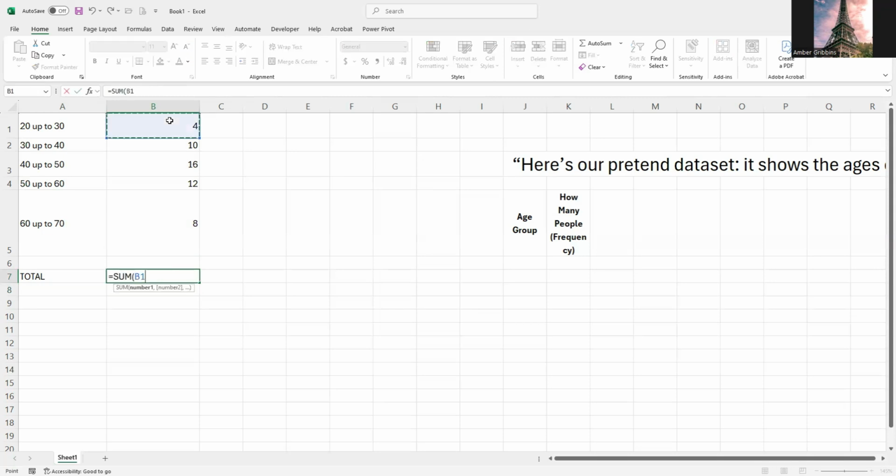The other thing you could do is click, hit the control button and the shift, and then the down arrow, and it'll grab it for you. So if you have like a bunch of numbers, that also works. All right, so now we've turned it into 50. Yay us, aren't we so cool?